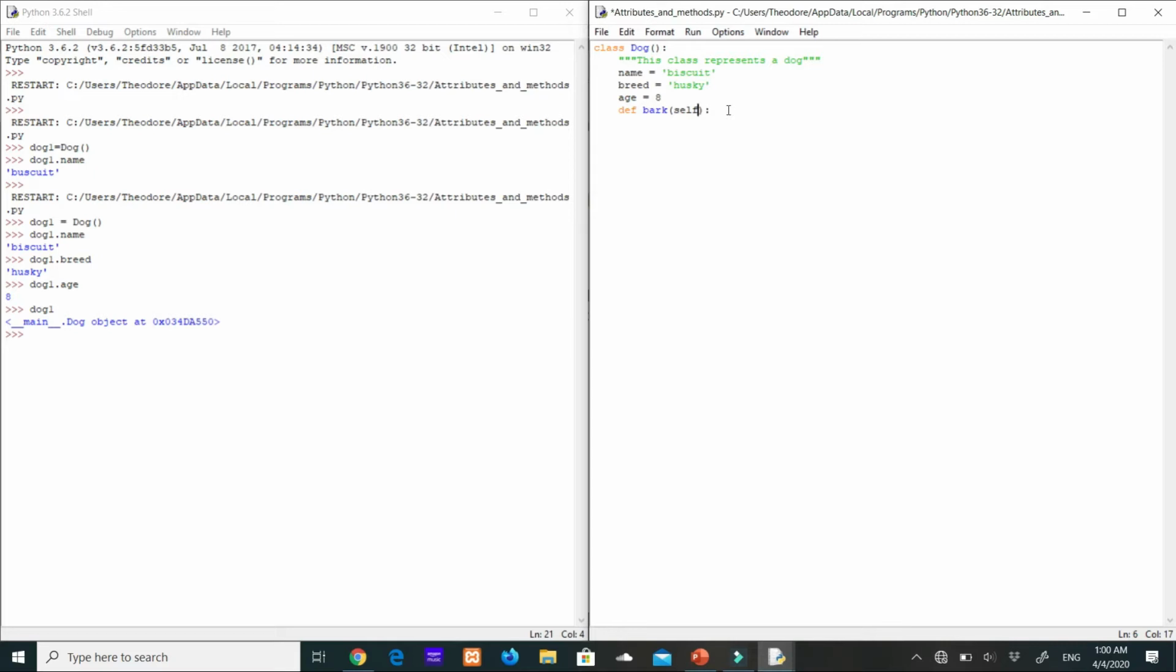You always need to pass the self argument to that method, and the self argument must be the first argument the method accepts. So you're probably wondering, what does this self mean? Well, this self basically just represents the object that's being created. So we're saying this object can bark, and we need to pass the self argument to any functions defined within a class, and that self basically just represents